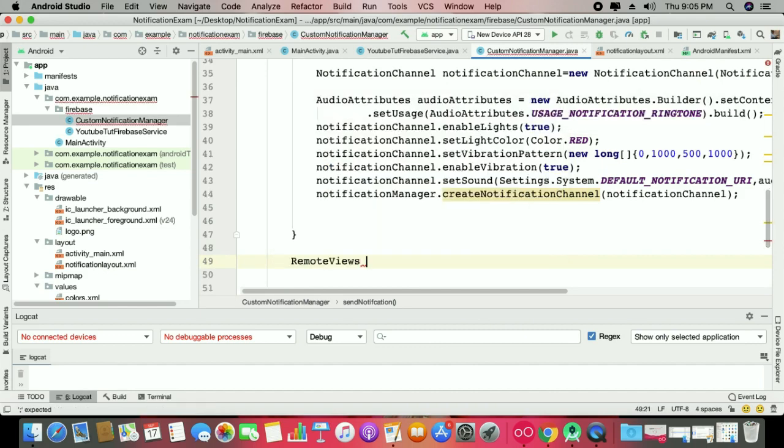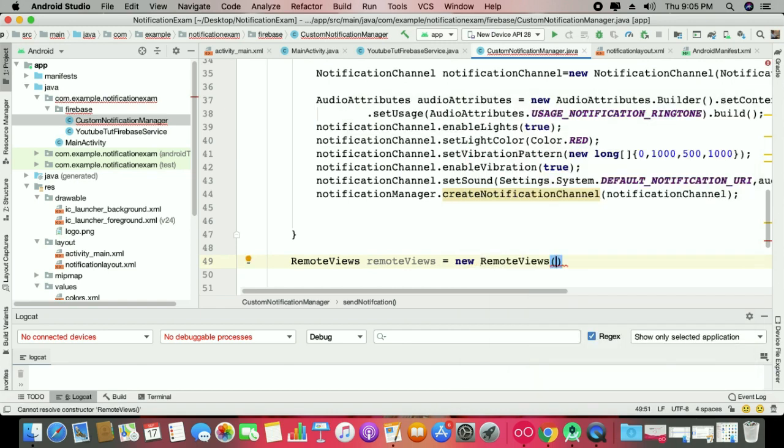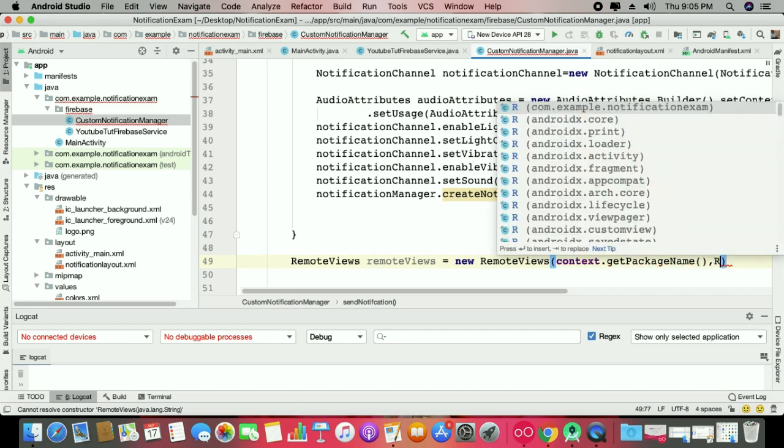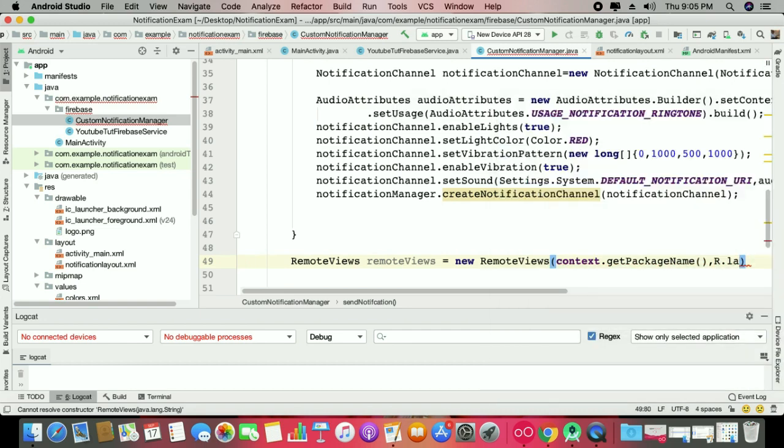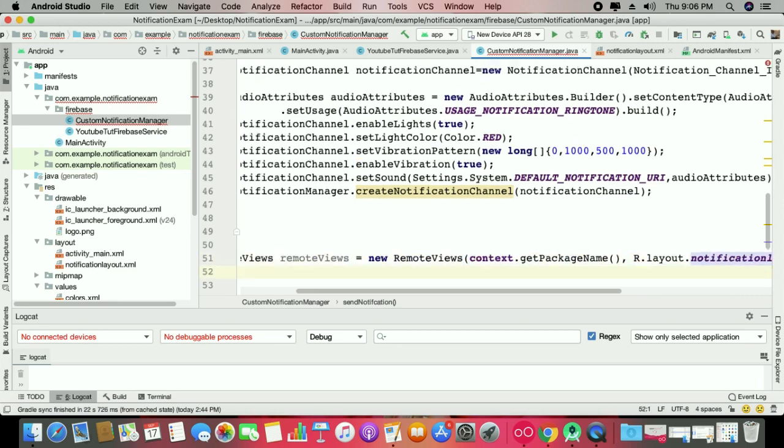That's also important for the layout. Now we have to work with your new layout for the journal, all kinds of notification, all kinds of Android systems we work on under this category. So you can say context dot get package name, and which kind of layout you are working. No, I just want a simple layout, that is called your notification layout. Okay,